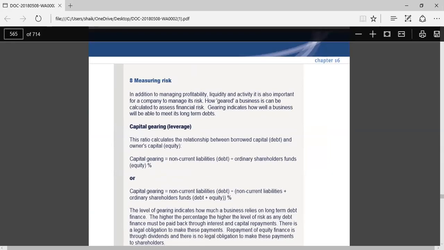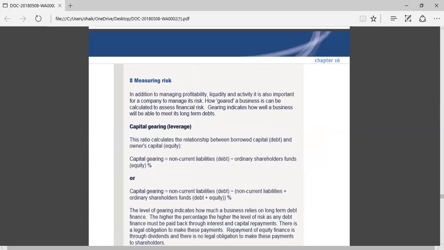Measuring risk. In addition to managing profitability, liquidity, and activity, it is also important for a company to manage its risk. How geared the business is can be calculated to assess financial risk. Okay. So in order to assess the financial risk, you need to know how geared the business is. Now, what is the meaning of geared? So what do you actually mean by geared? Now, let's see, by the word gear or gearing ratios,